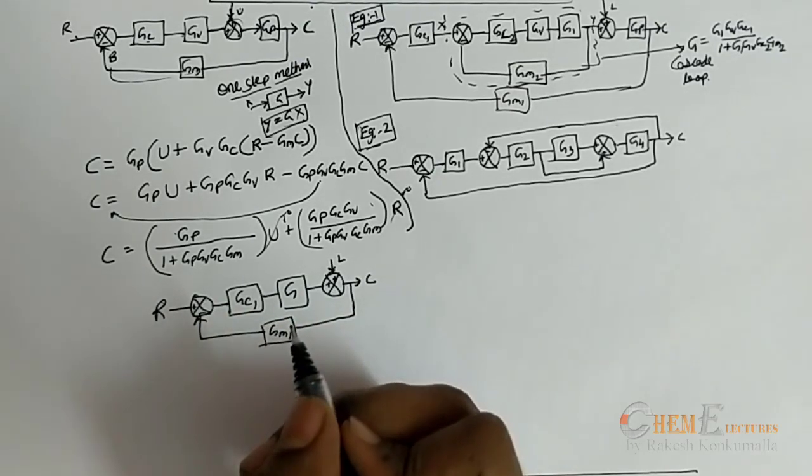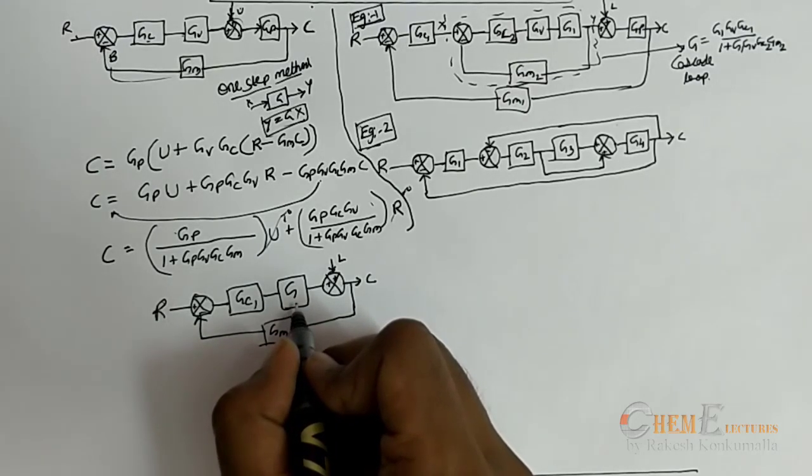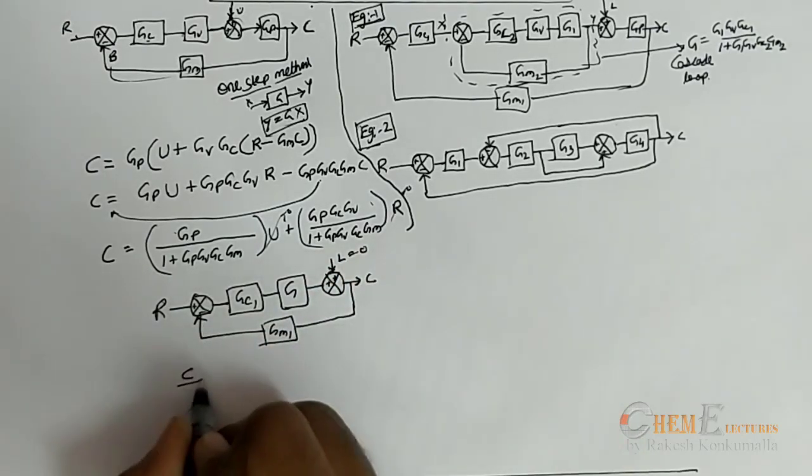This is how I have simplified by taking the inner loop as one more feedback control loop and terming it as G. From this, when you take the load as 0, then you can find C by R